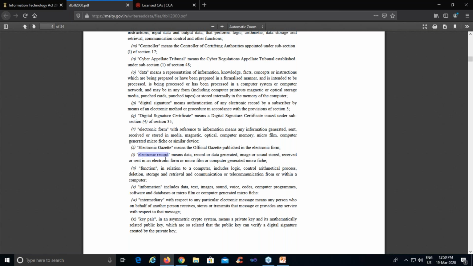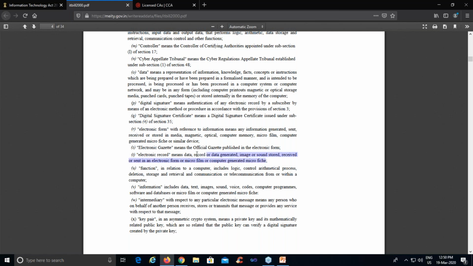Under IT Act 2000 section 2(t), electronic record is defined as data, record, data generated, image or sound stored, received or sent in an electronic form, or microfilm, or computer generated microfiche, right?